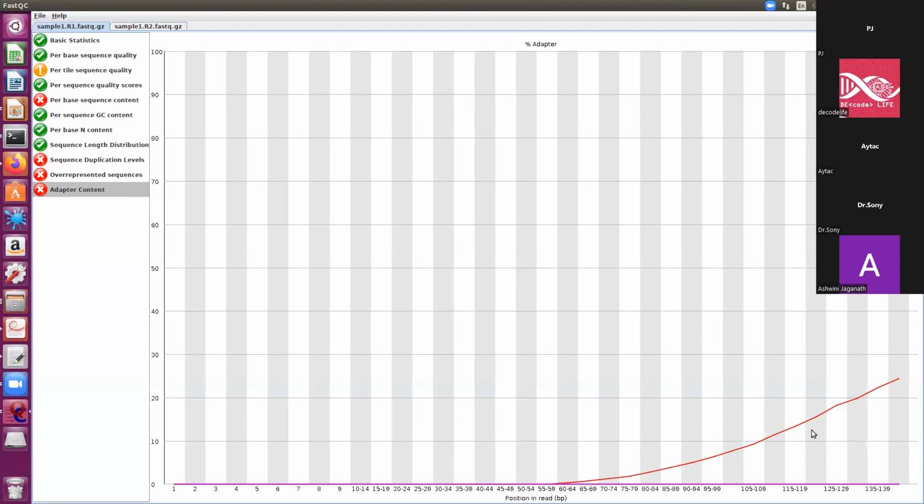Otherwise, the ideal state is that there should not be any adapter contamination, meaning there should not be any adapter region read by the sequencer, because adapters are additional regions for the binding of your input to the flow cell. But here, because the adapter is read, that means your input fragment size was smaller at some places, due to the step of fragmentation, or during the library preparation steps. That's why we have to remove these adapter sequences, otherwise we will misinterpret our data. So as I explained to you, this is for the